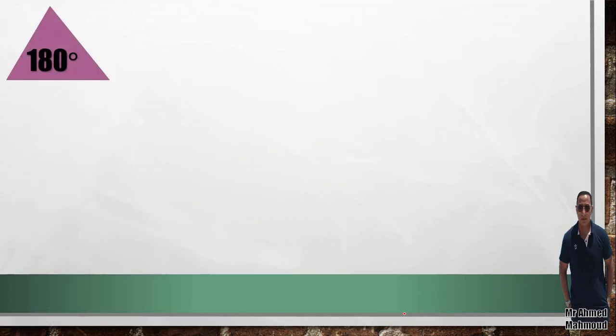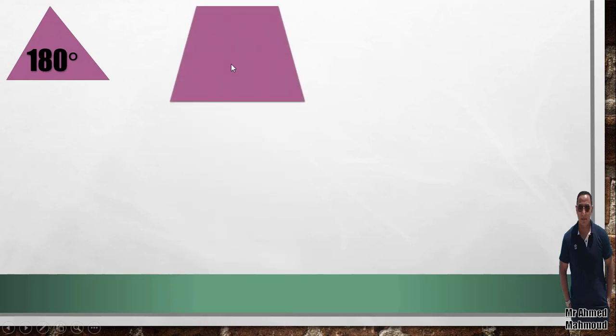Now we are going to study the sum of the interior angles. We studied the triangle before, and we know that the triangle includes 3 angles. The sum of measures of the interior angles of the triangle is 180. If we have a quadrilateral, and I need to evaluate the sum of measures of its angles,